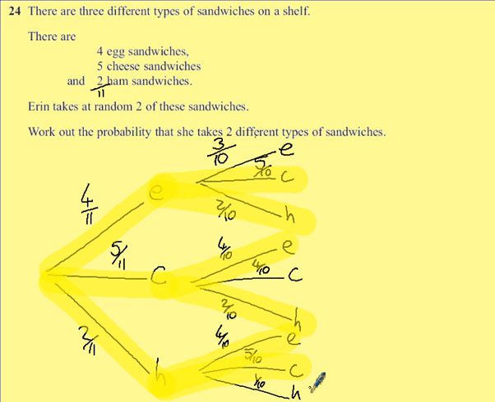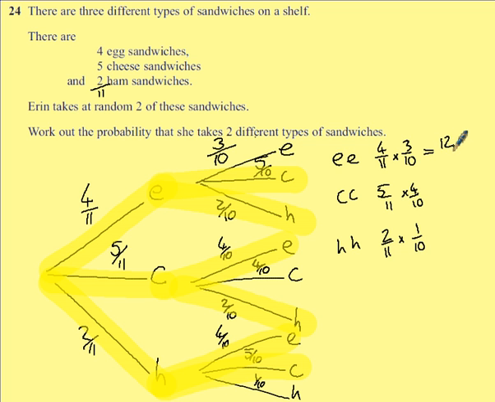So if we pick the same sandwich twice, well, what's the probability of us picking the same sandwich twice? So we could pick egg and egg, which would be 4/11 times 3/10. We could pick cheese and cheese, which is 5/11 times 4/10. Or we could pick ham and ham, which is 2/11 times 1/10, which is 12 110ths, 20 110ths, and